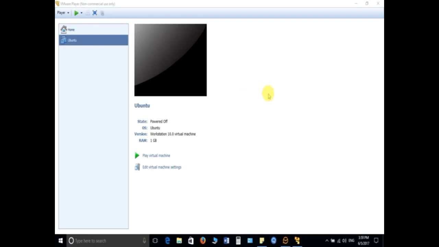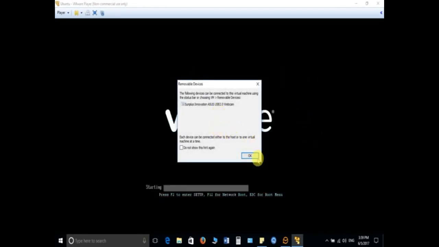Okay, so in order to install Linux in the virtual system, you have to start the virtual machine. You have to click here, and the moment you click, it will open another window asking for some options to select. Now this is the main option. I want to draw your attention towards this screen. Actually, this screen is very important when you are installing the Linux through DVD or USB.